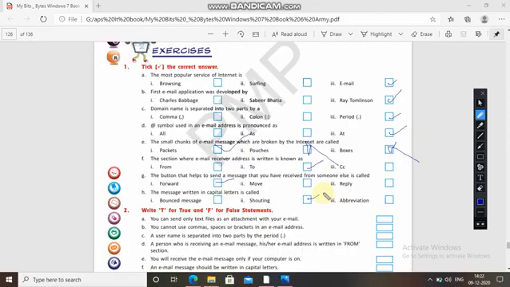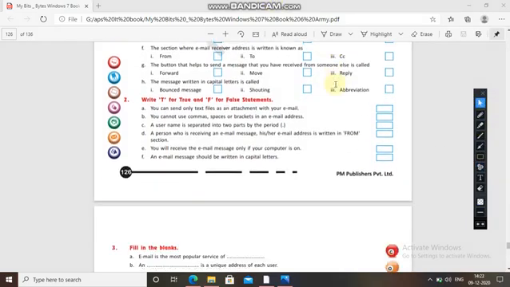Now, true or false? Let's see. You can send only text files as an attachment with your email.